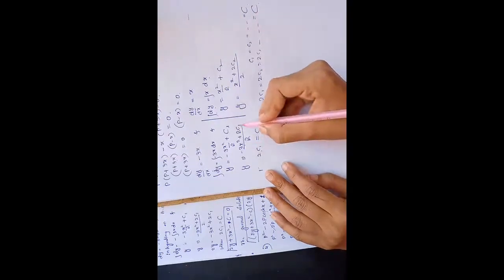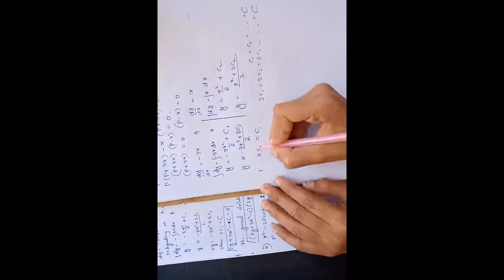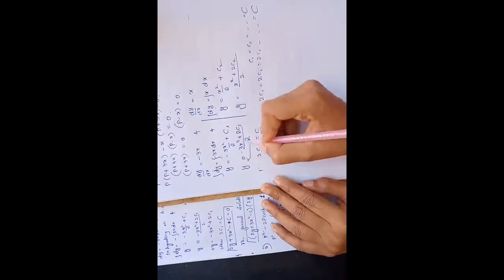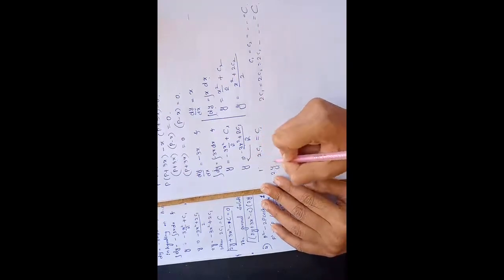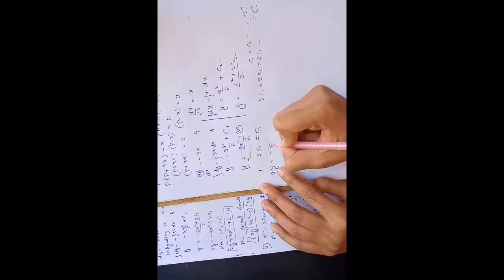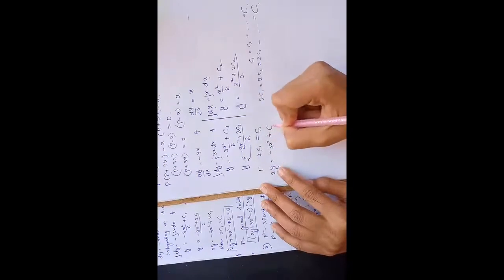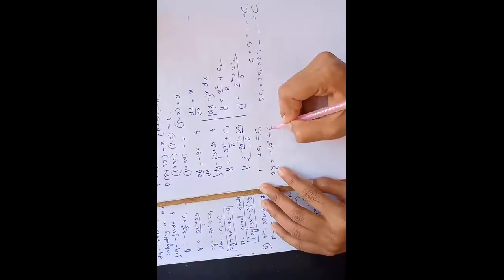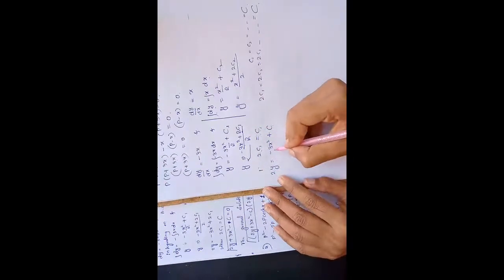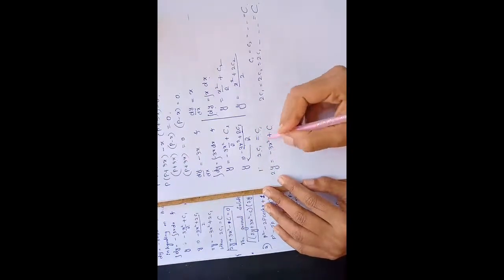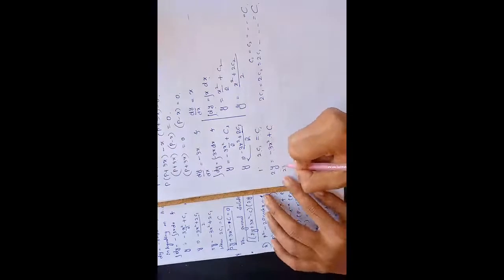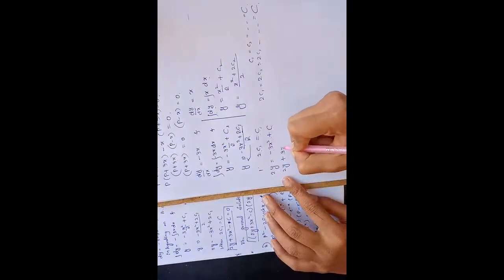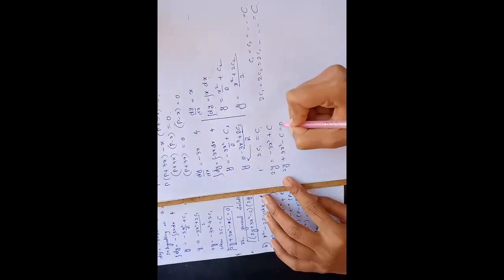So now multiply y into 2 is 2y, cross multiplication. 2y is equal to minus 3x square plus capital C. 2c1 I am taking as a capital C. So now take minus 3x square plus C to the left hand side. So it will become 2y plus 3x square minus C is equal to 0. So this is our first factor.